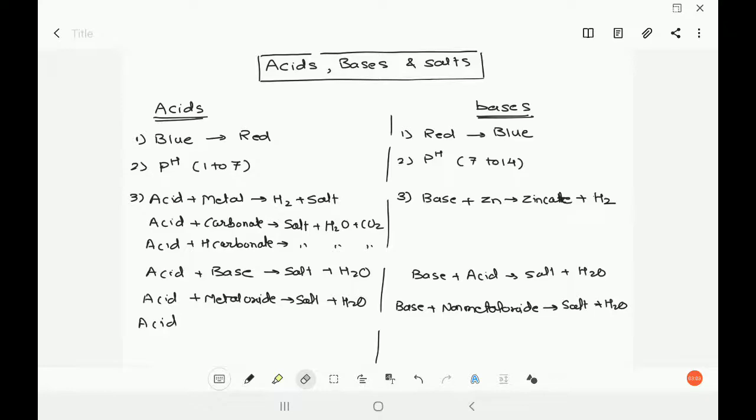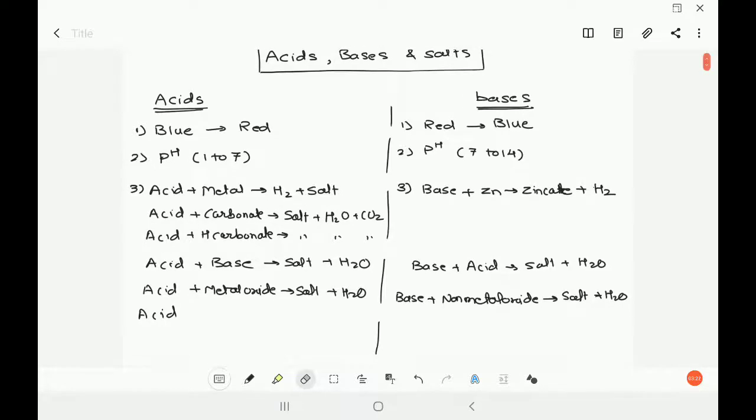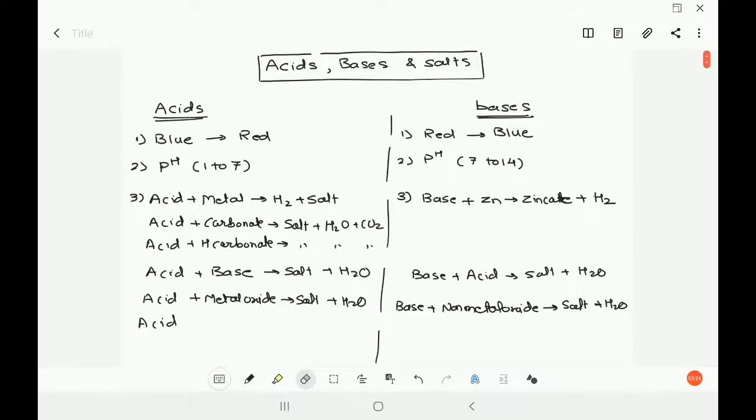So let's understand what acids and bases are here. Salts we'll see later on. What are acids? As I said, sour in taste, and bases bitter in taste. We cannot just taste something and tell whether it is an acid or a base, otherwise it would be really very dangerous. Testing everything will be dangerous, isn't it? That too a chemical. If you're given a simple colorless liquid, it becomes very difficult to understand whether it is an acid or a base. That's why we need to understand acids and bases properly.